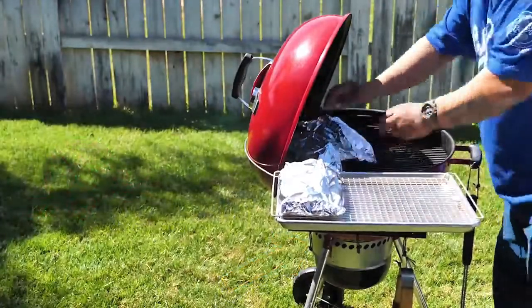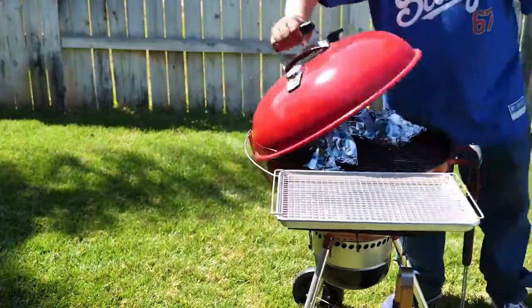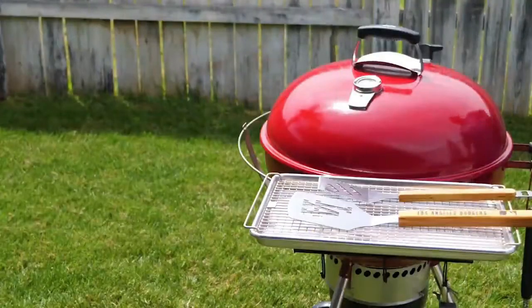Now when you put it on, if you're using a grill, you want to put it away from the heat. Meaning that's indirect heat. You'll hear that in a few of my videos. Indirect means no flame. Direct means right on top of the flame. Now, after about 45 minutes,